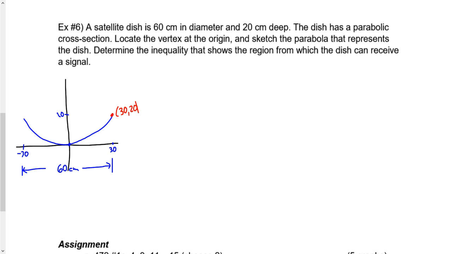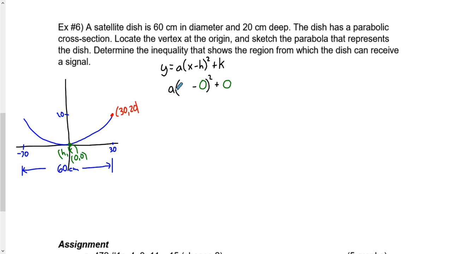I think so. So if we want to determine what the equation of this would be, we're going to put it into vertex graphing form, y equals a times x minus h squared plus k. So the first thing we do is we know what our vertex is. This h comma k, actually I'll put this in green. H comma k is 0, 0. So we can plug that into here right away. 0 and 0. Subtract